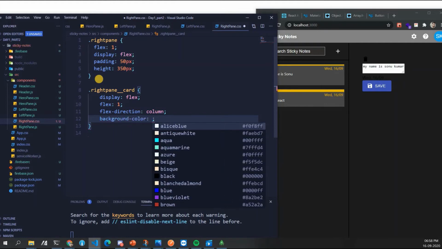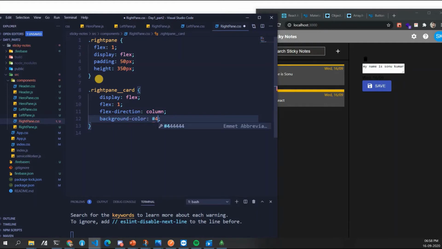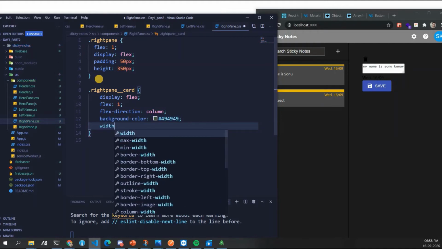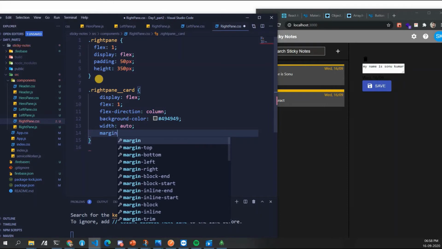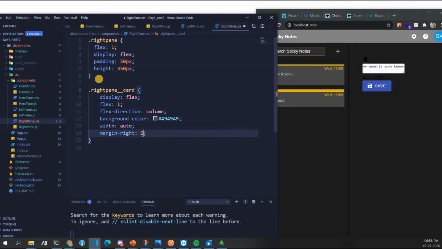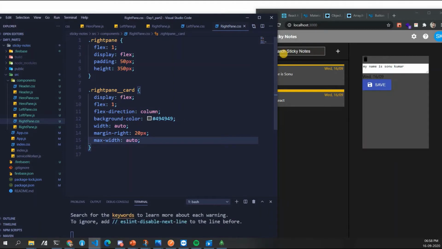Background color. I've taken this background color again from the CSS that we have. Width is automatic, so that it can. Margin right is 20 pixel, and max width is also auto, so that it can take whatever maximum width it needs to take. See, looks good, right?